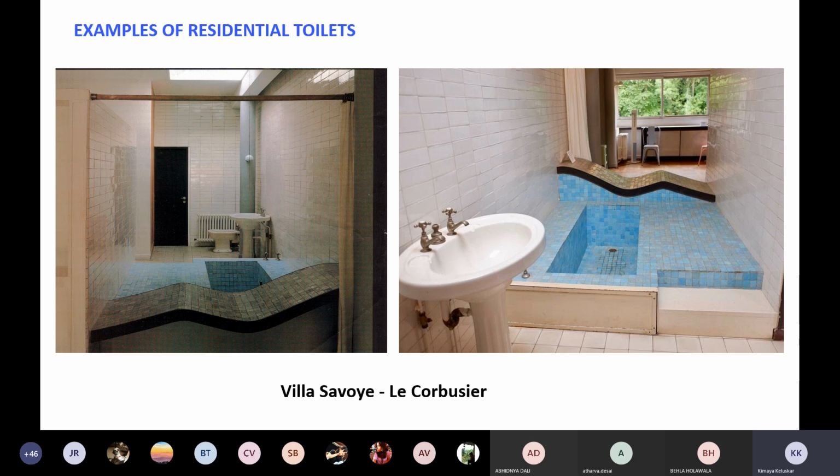So what you can see is the wash basin. As soon as you enter, you have the pot, then you have the wash basin, and then you have the bathing area. And next to the bathing area is also like a seating area. It's more like an inbuilt bathtub, and then you can see the shower curtain. Now all the surfaces of the bathroom are tiled.